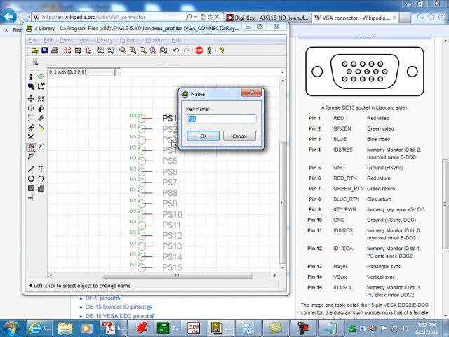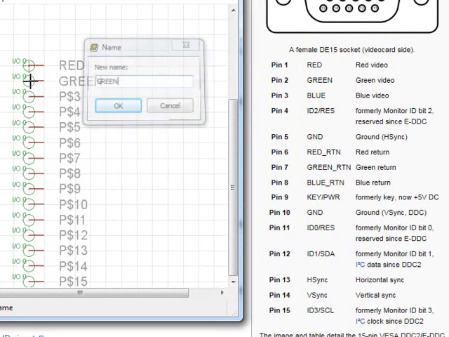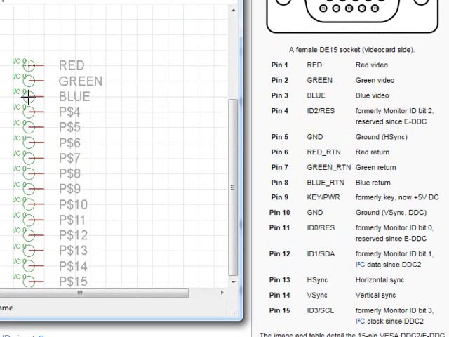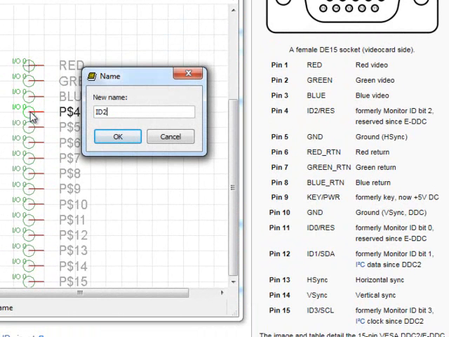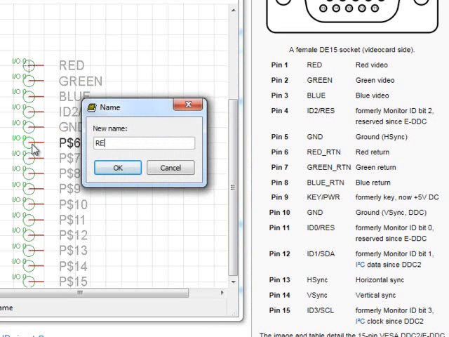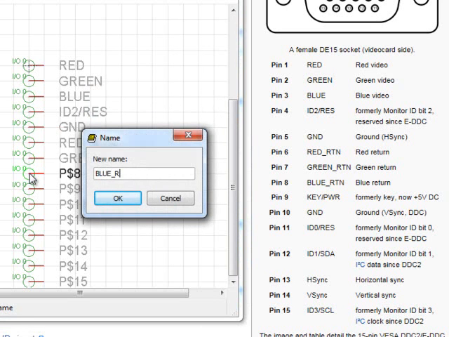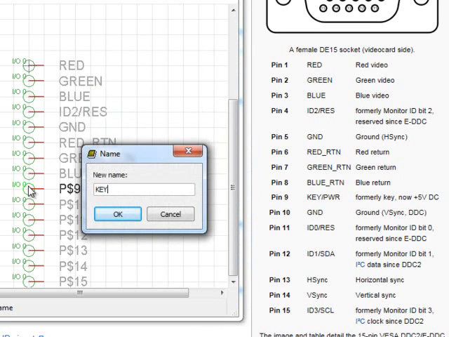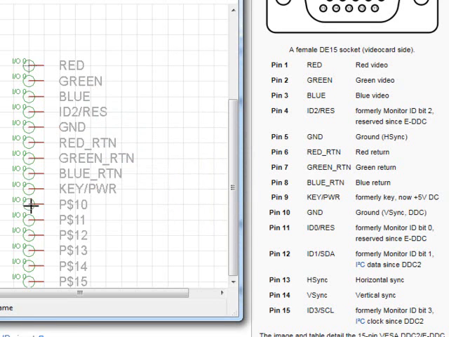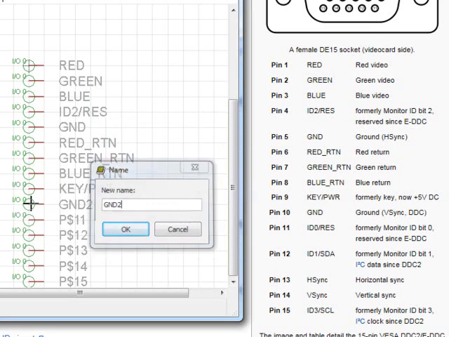And we don't care which one is pin 1 or pin whatever at this point. So let's just start from the top down. Red, green, blue, ID2 and res, ground, red return, green return, blue return, key and whatever, another ground. Oh, ground already exists, so I'll just do ground 2,